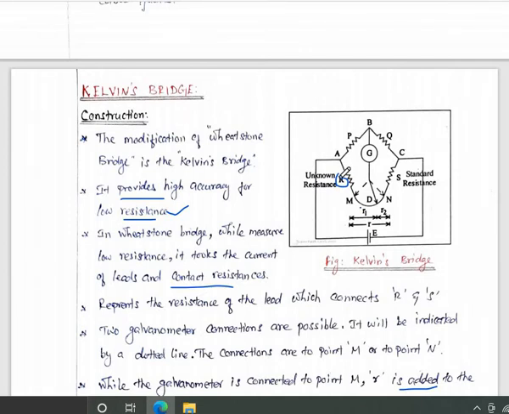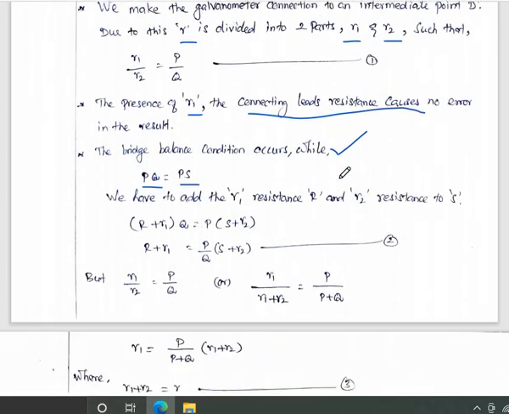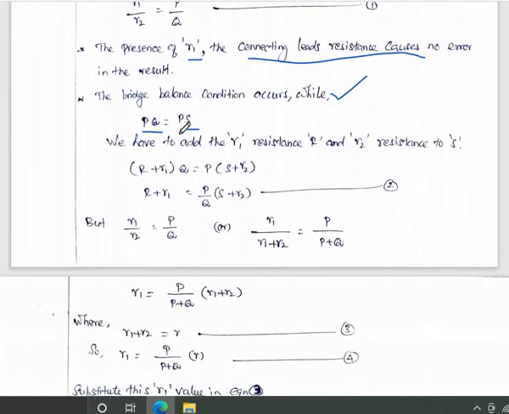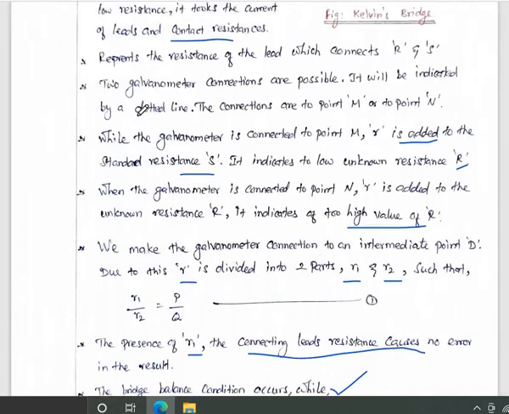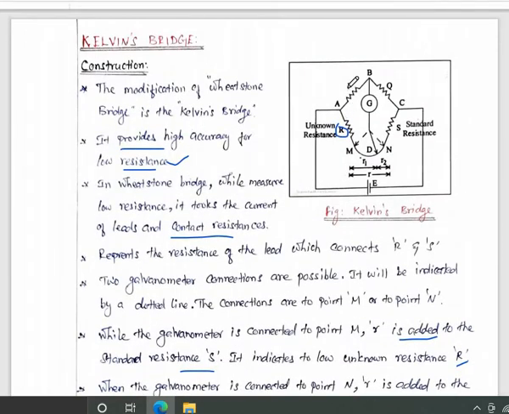So we have to find the value of R now. Here you have to consider PQ equivalent to PS. This is a basic equation, so we can use the basic equation to derive the value of the unknown resistance. Here we have to add the resistance value R1 into R, the unknown resistance value, and R2 into S, the standard resistance value. So PQ equal to PS means we have to consider P first, and just consider that area.